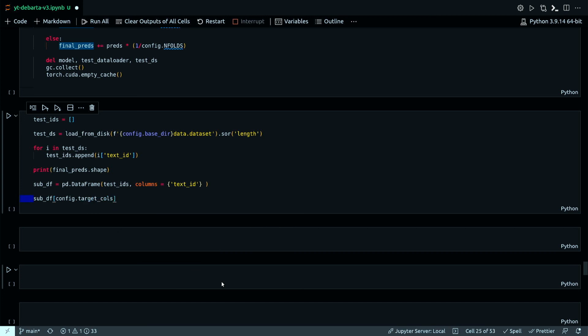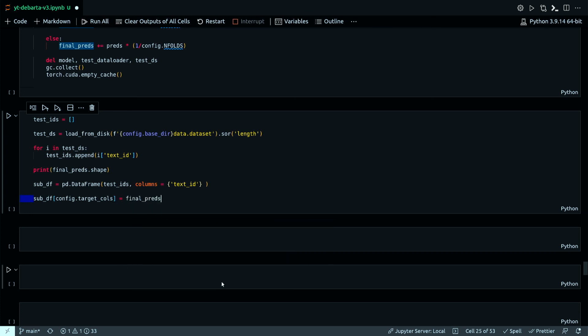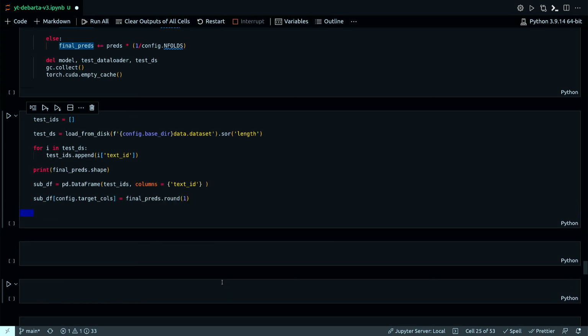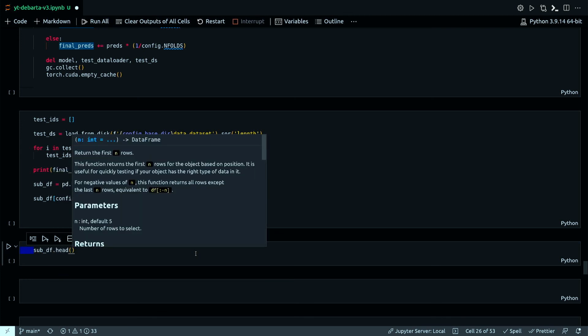Config the target cols. That's it. My data frame should be ready now. Let's just check the head of this.